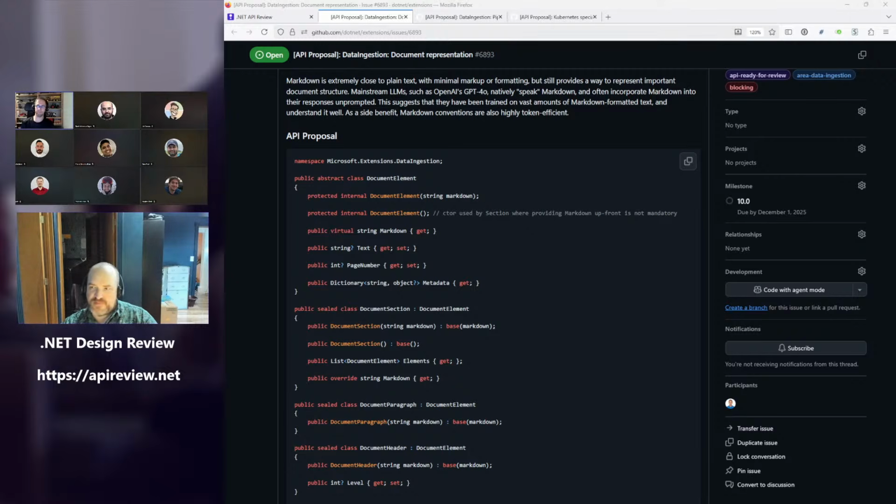So later, in the second issue, I'm going to talk about pipeline, reader, and all of that. But in this issue, I wanted to discuss how to represent a parsed document. So we have a base class called document element and multiple types that derive from it: document section, document paragraph, header, image, table,